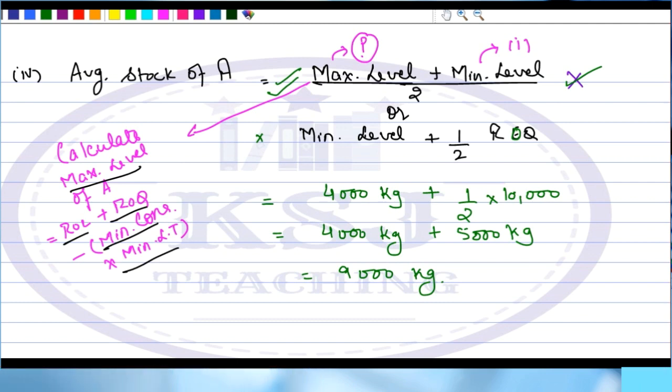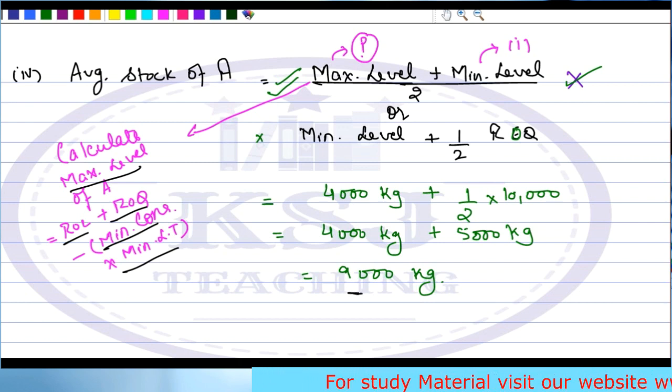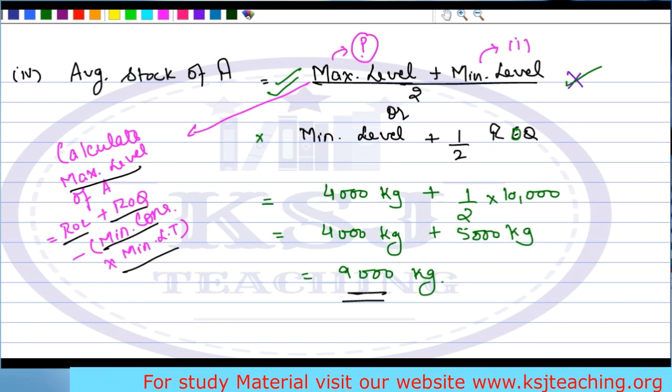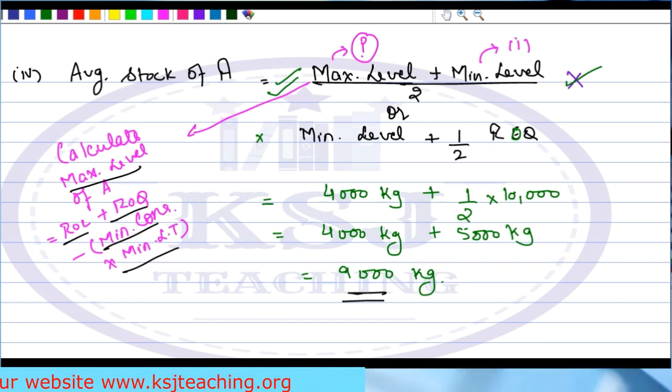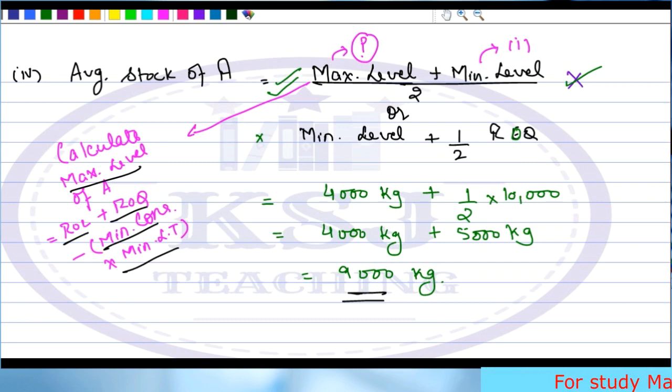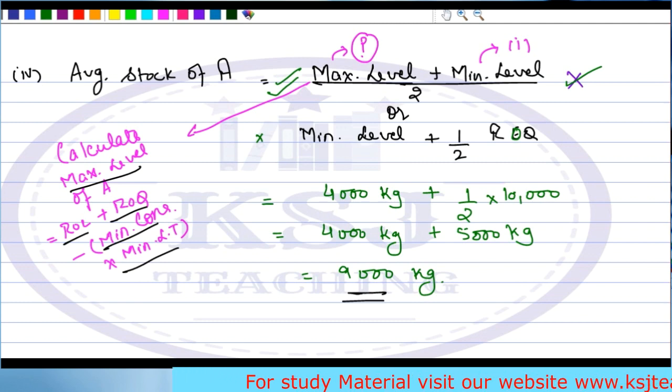And you have to give the answer in the comment box, sir. This is the answer. It will vary. It will not come to 9,000. It is not necessary that it will come to 9,000 kg. No, sir. I told you in the last lecture that in case of average level, the answers will vary by both the methods. So nothing to worry about it. That's why I'm saying you have to give me the answer in the comment box. Right? You have to tell me what is the answer for this. I've given you the hint how to calculate it.